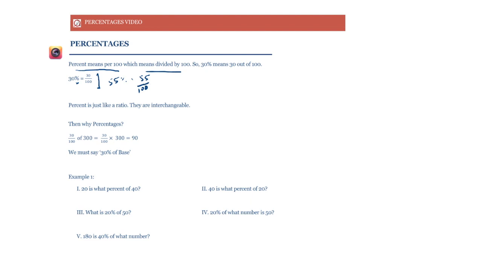Percentages are just like ratios. They give us relative values between quantities. And when there are two quantities, the percentages and the ratios become interchangeable. All right, so what do we mean by that? For example, if I say that 30% of students in a class have red hair,